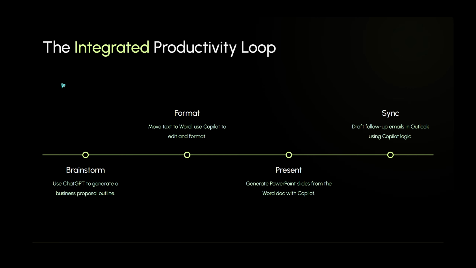A great workflow looks like this: generate a business proposal with ChatGPT, edit and format it in Word using Copilot, create presentation slides in PowerPoint with Copilot, and then draft follow-up emails in Outlook using Copilot. When you use ChatGPT for thinking and Copilot for execution, you create a smoother, faster, and more productive